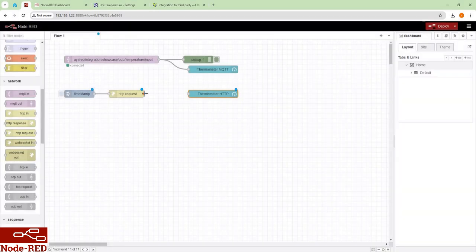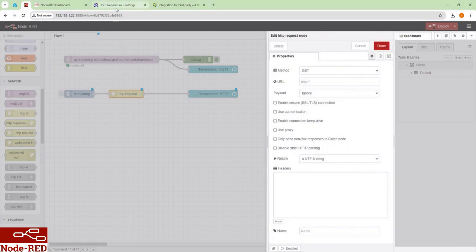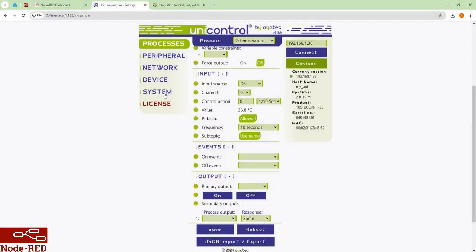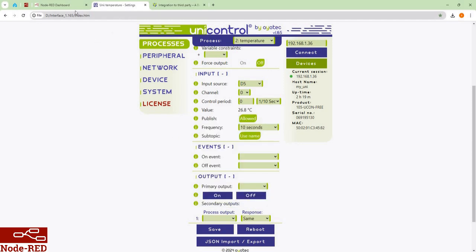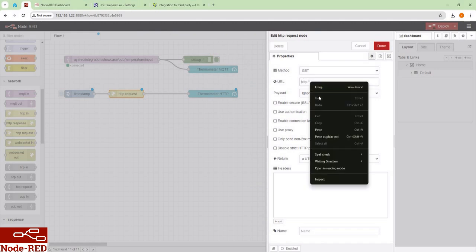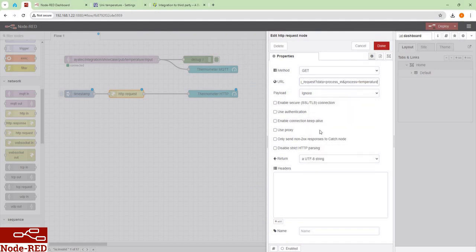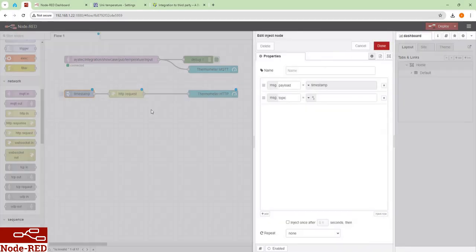You will find the exact URL address, returning the temperature reading in the same tooltip from which you copied the MQTT topic. Go back to the interface and click the corresponding copy icon. Paste it into the URL field of the HTTP request node without any adjustments. In the inject node, set the interval to a reasonable level.